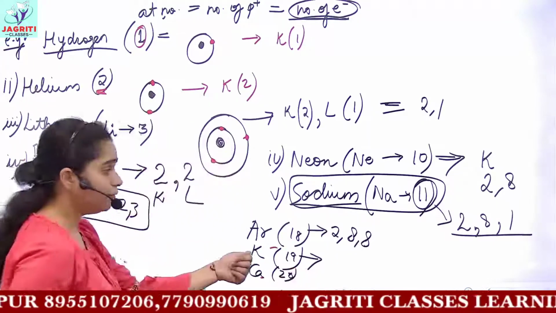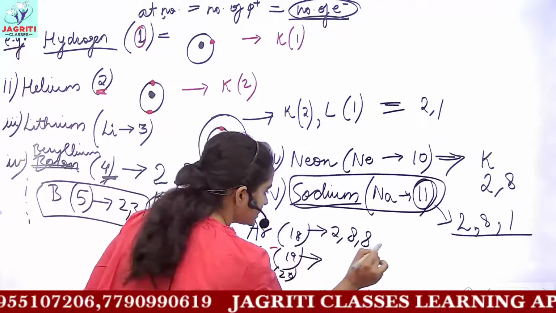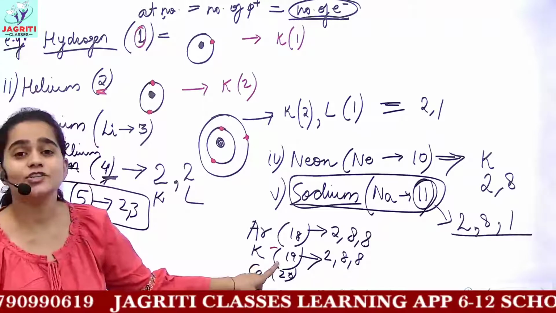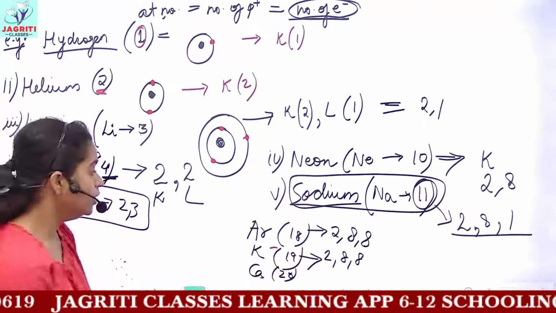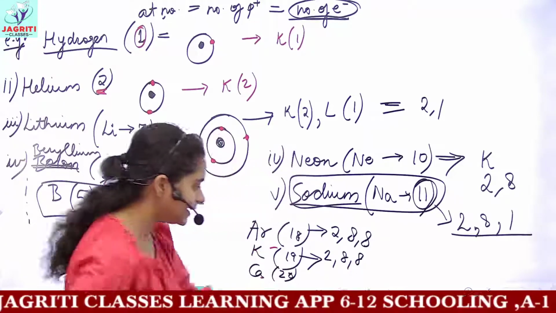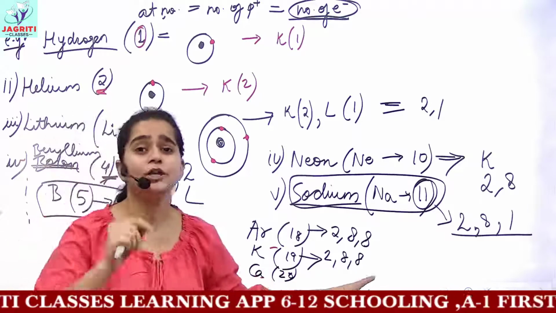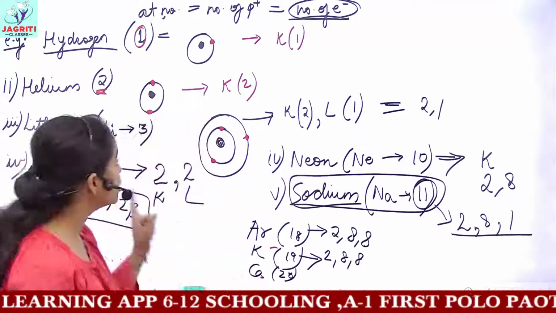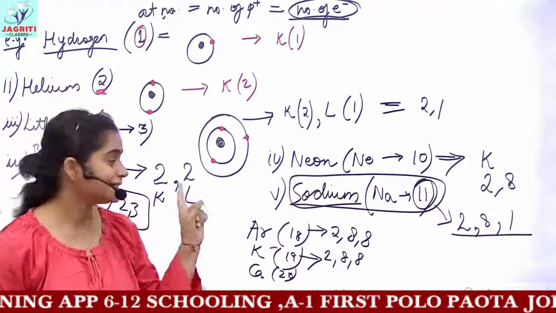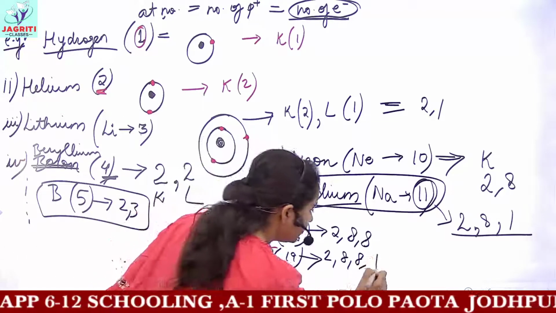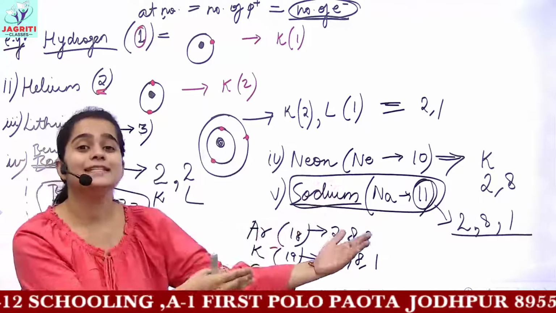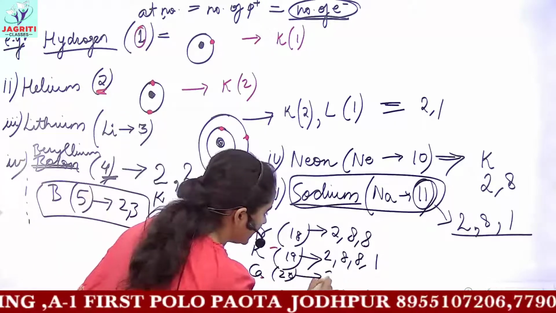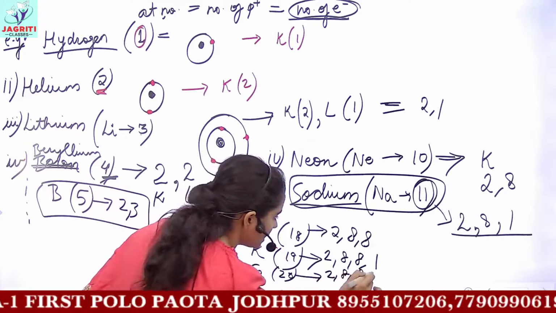Now what will you do for potassium? For 18 electrons the arrangement would be 2, 8 and 8. But we have one extra electron, that is the 19th electron. So you will not include the 19th electron in your M shell. Can the M shell, from the 2n square formula, take 18 electrons? No, because we discussed in the second rule that this is not possible. Then you will put the remaining electron in the newest shell, that is the N shell. For 20 also the case would be 2, 8, 8 and 2.